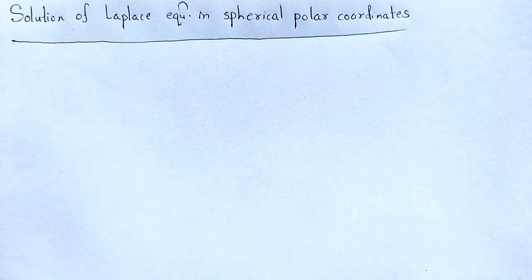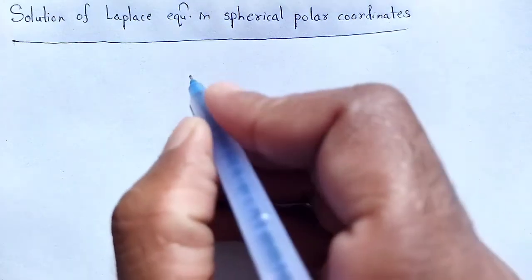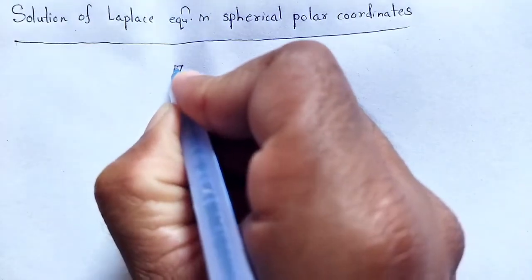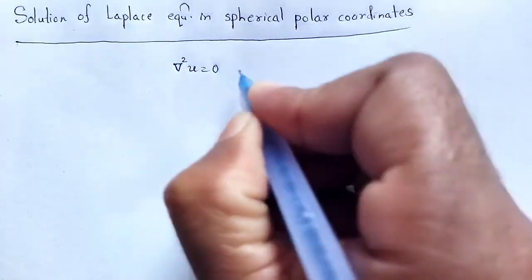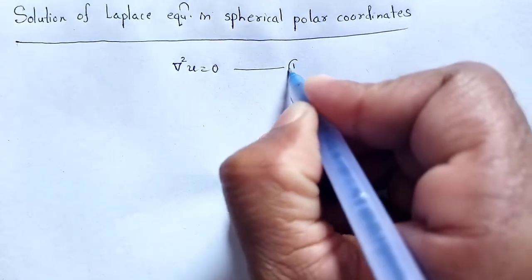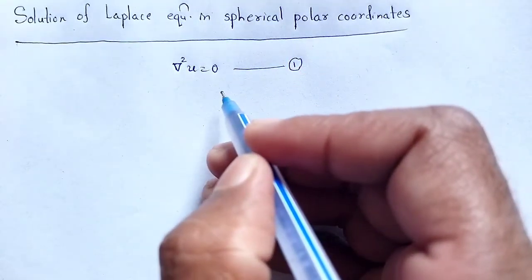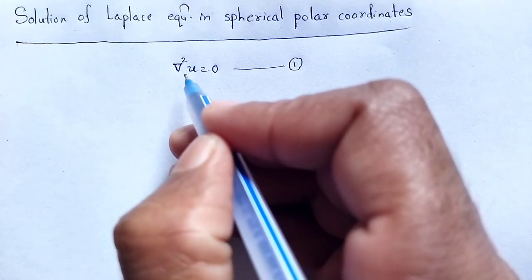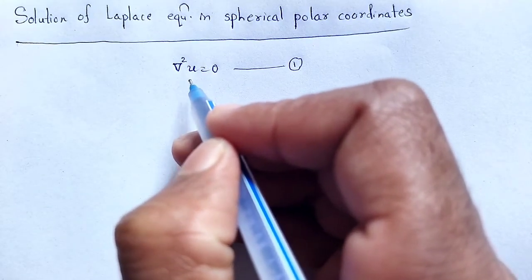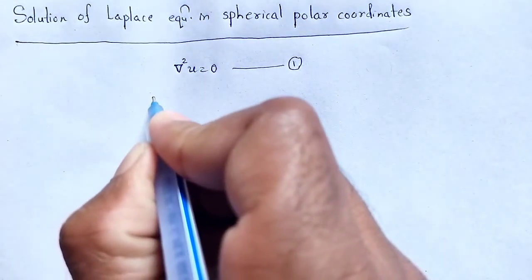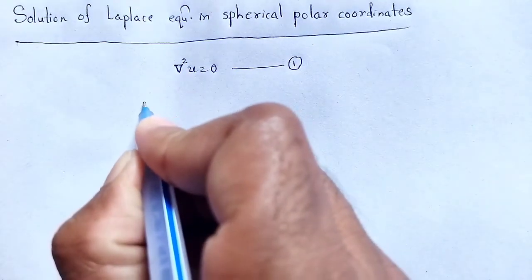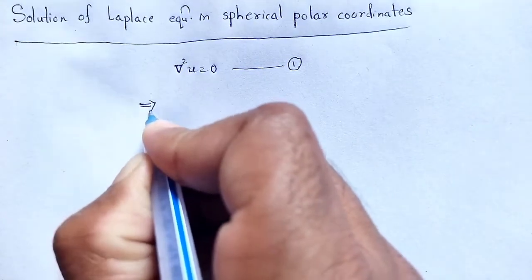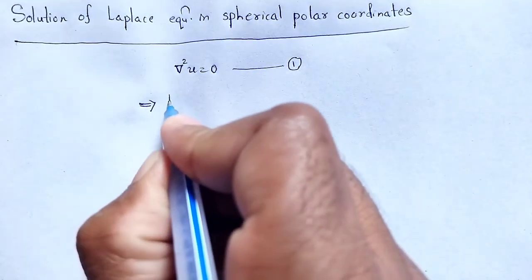In this video, we are going to discuss the solution of the Laplace equation in spherical polar coordinates. Let's begin. The Laplace equation is given by del square u is equal to 0, that is equation number 1. In spherical polar coordinates, the Laplacian operator del square changes accordingly, so we can write the Laplace equation like this: